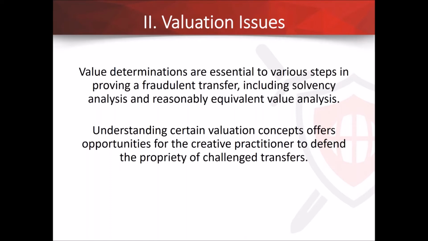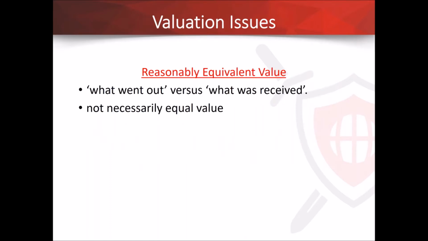That's how you prove a fraudulent transfer without having to show that the person intended to avoid you. They'll be deemed to intend to avoid you if they didn't get back something that the creditor can attach. They transferred, didn't get back something of value, and they became insolvent. So reasonably equivalent value is not necessarily fair market value or equal value. Gary, you want to elaborate on that a little bit?